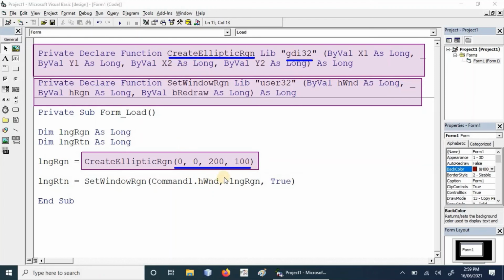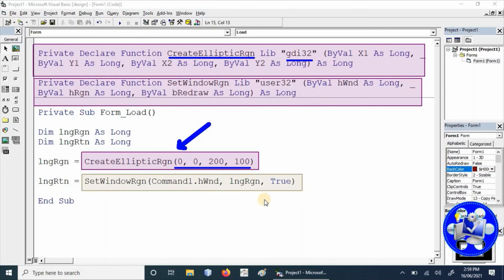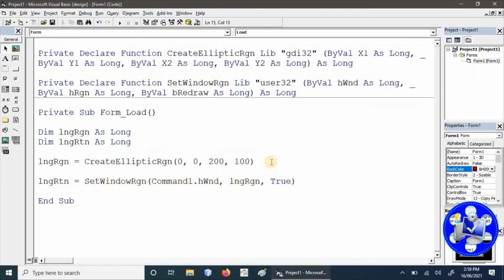Starting and ending points may be different. We can also set other starting or ending points. And secondly, we use SetWindowRgn. SetWindowRgn will put the defined region on the specified window handle, and this is the region.